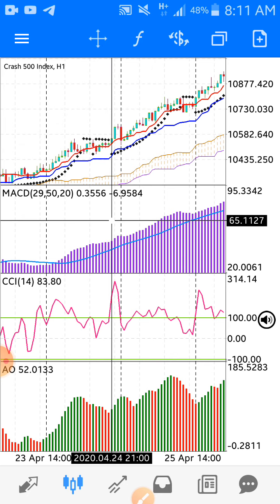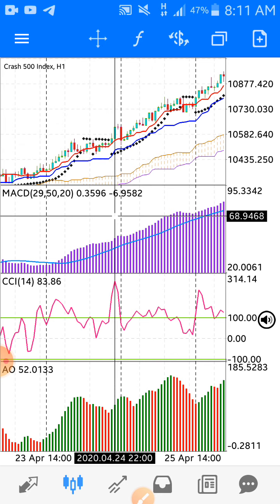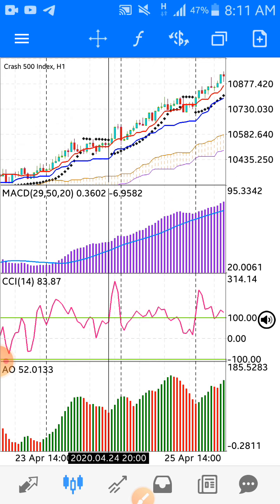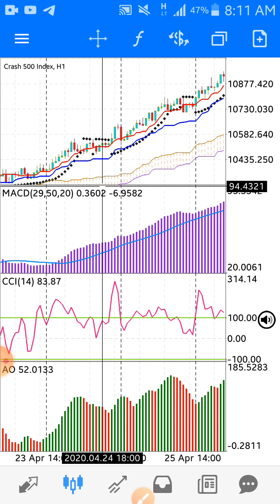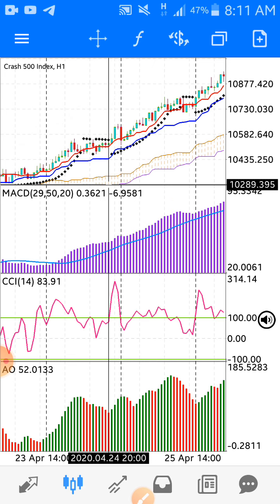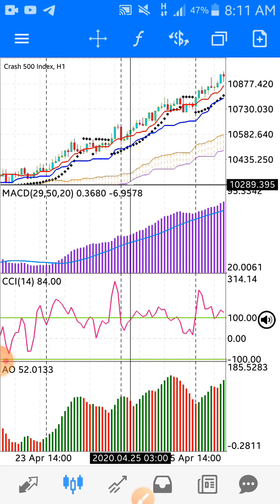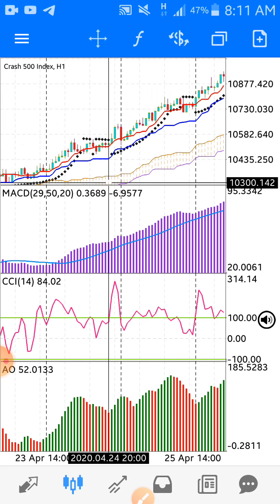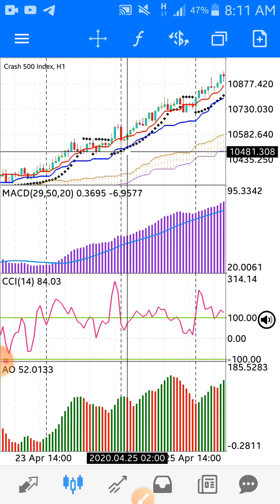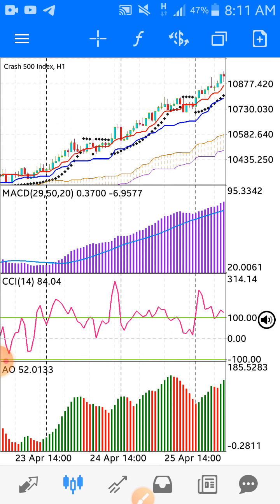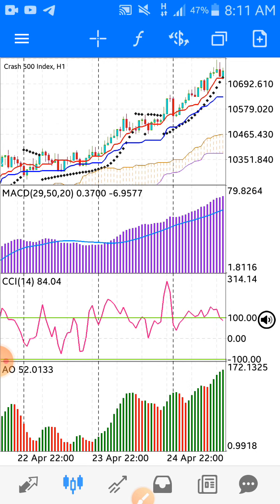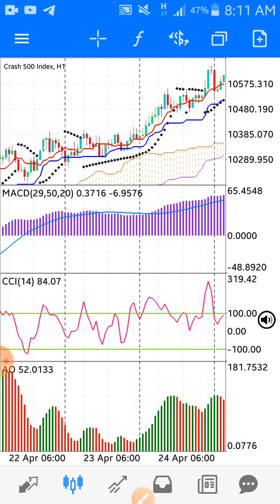It works on all pairs, so it's not a matter of how it works on Crash 1000 or Crash 500. I use 500 because it's volatile, and if it's effective on 500 pairs, imagine what it would be on 1000 pairs. So do the backtest. Please trade against spikes from 1 hour time frame upwards,